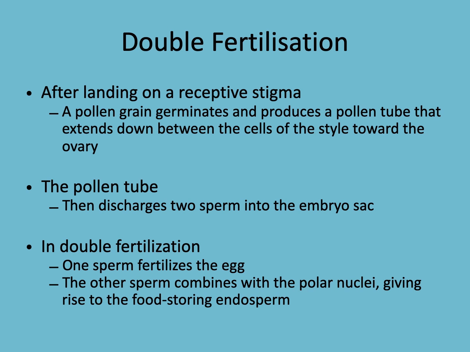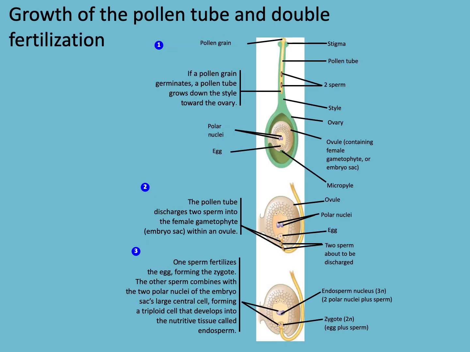In double fertilization, one sperm will fertilize the egg and another sperm combines with the polar nuclei, giving rise to the food-storing endosperm. So this overall diagram shows the double fertilization. The further explanations will be in the coming chapter,